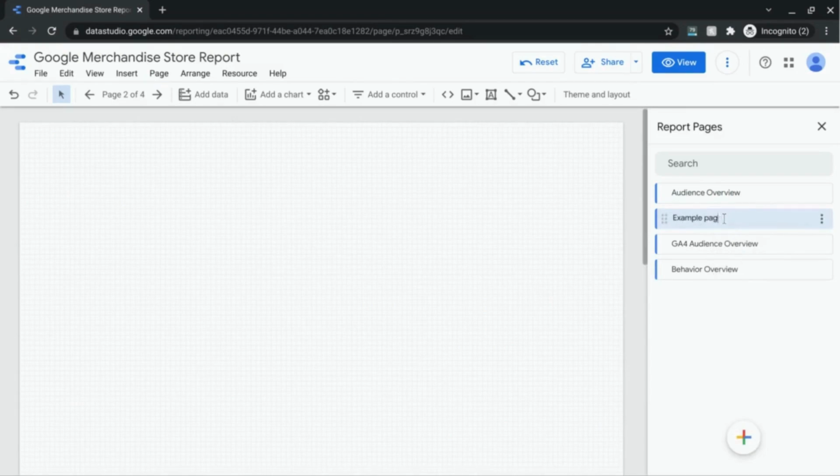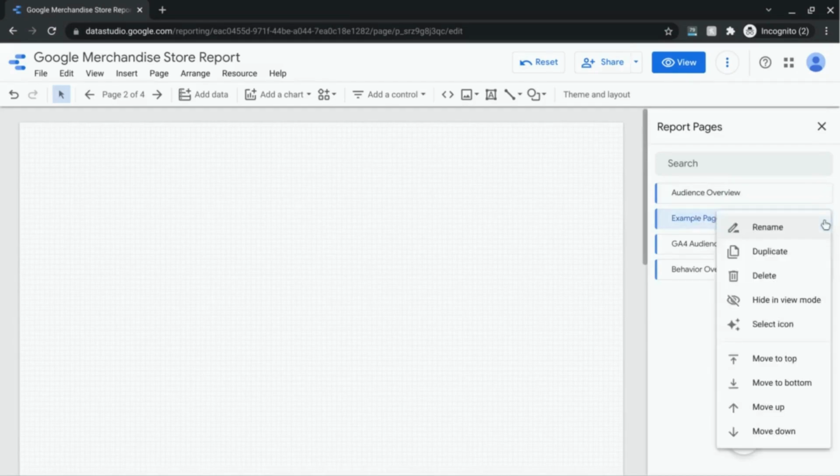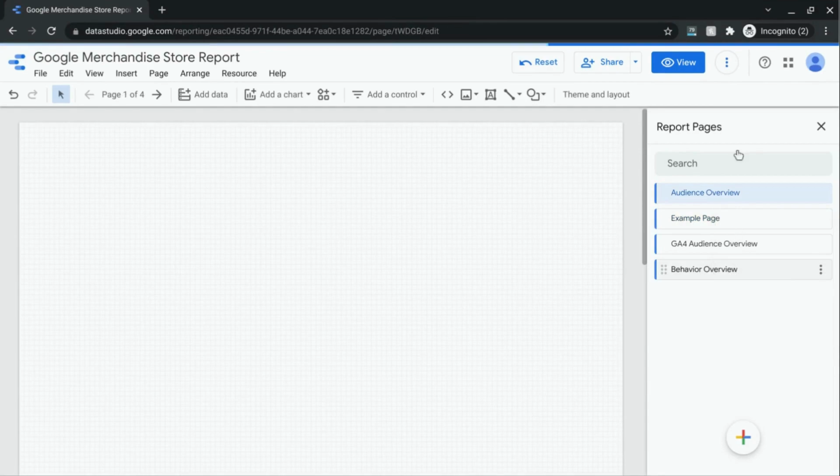Example page. And then you can choose whether you want to duplicate specific pages, whether you want to delete, or hide them in the actual view mode. So this way, it's only visible to you as an editor, and your end users won't be able to see this page. You can select an icon. We'll go over that in detail, and you can also move the arrangement, move the page to whatever order you feel is appropriate. I'm going to go ahead and delete this page